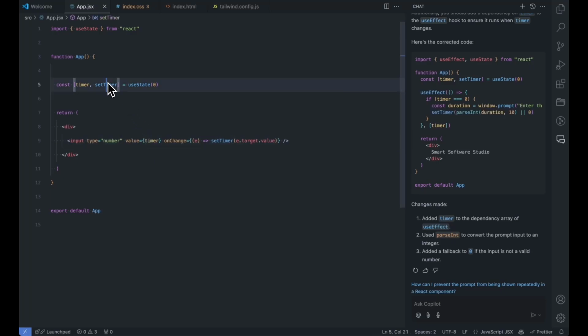We're not going to show the value of timer here, but whatever change happens here, whatever value we get, we're going to use the setTimer function to set the timer, which means that any input that the user does would then be passed to the setTimer function and the timer would be set. So to do that,